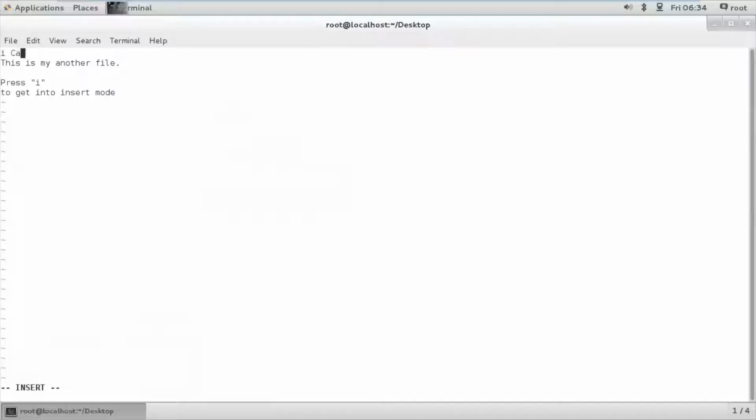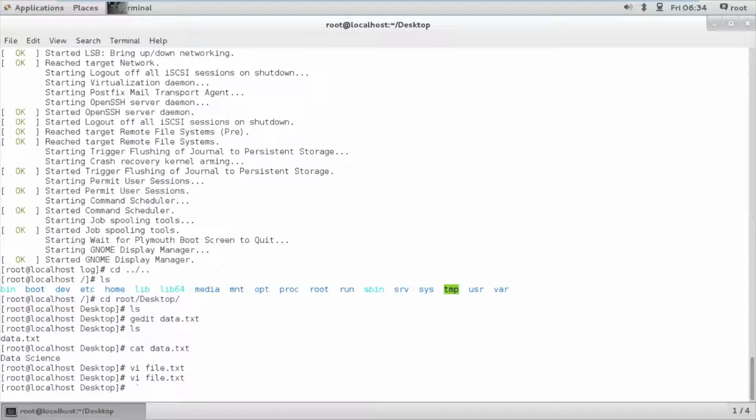Okay, fine. And then Escape has to be pressed. After Escape, Shift plus colon and then WQ, enter. So this is how it can be saved. So vi should be known. Now vim is also the same thing. The only difference is vim will display the data in a form where, let's say, some keywords are there, so keywords will have